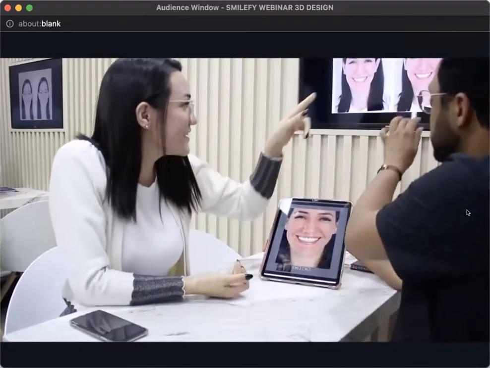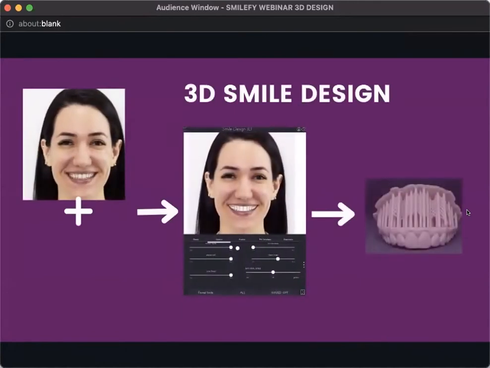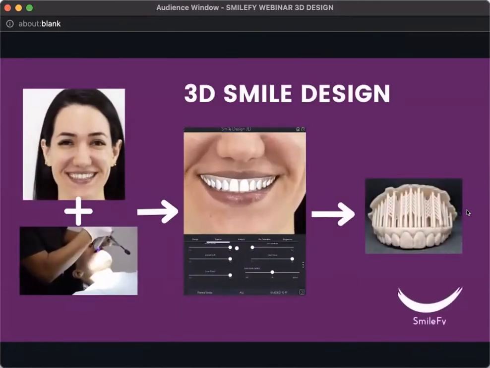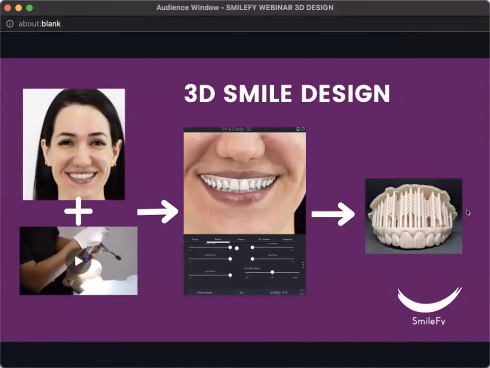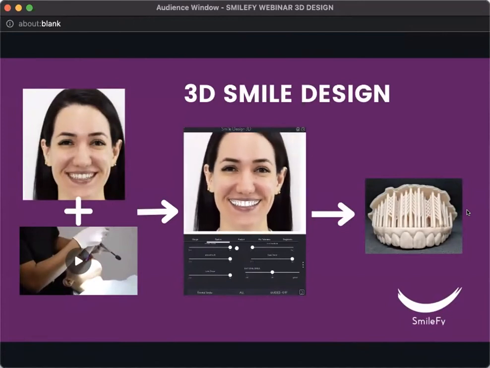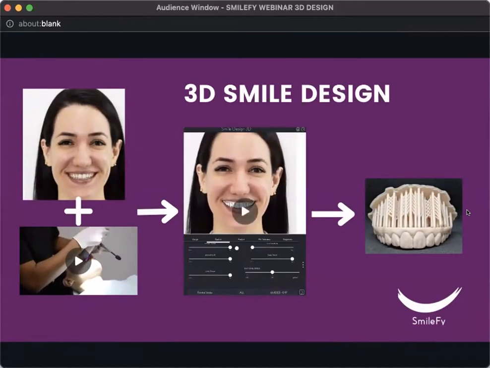Now, going forward, we have the actual treatment plan, and the actual treatment plan can be done by creating a 3D smile design. So I'm going to show you how you, in your practice, can create 3D smile designs to save cost, to save the turnaround time, and to have the patient's engagement from the moment you create these 3D digital Walkups, okay? But before I start the 3D design, I need to know from you, because